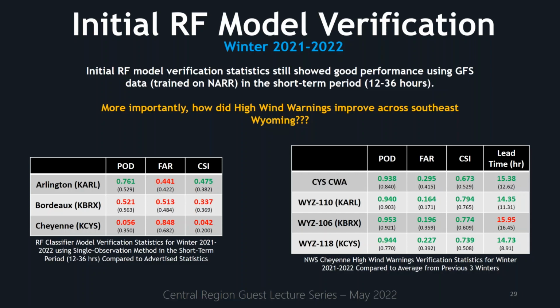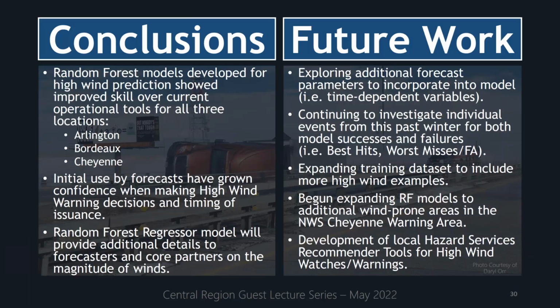Overall, lots of green there, big improvement. And even for Cheyenne, we can see a much bigger improvement in lead time as well as some of the other skill scores. So, it's nice to see that forecasters are taking the information from this model and using it successfully in operations. So, some conclusions,